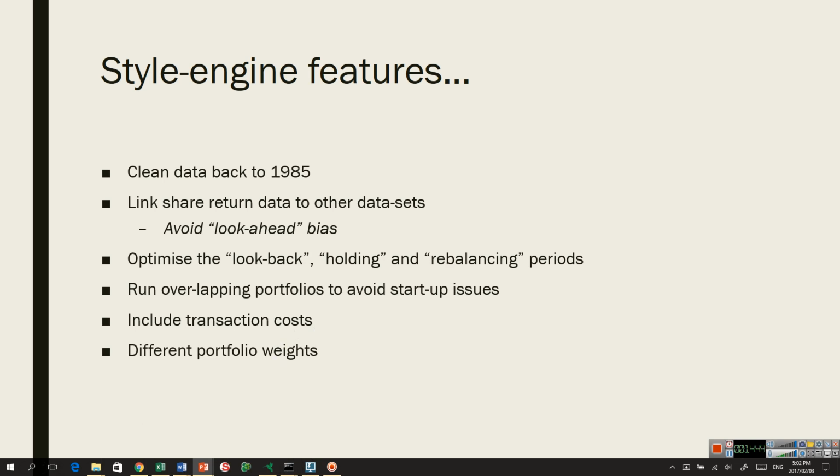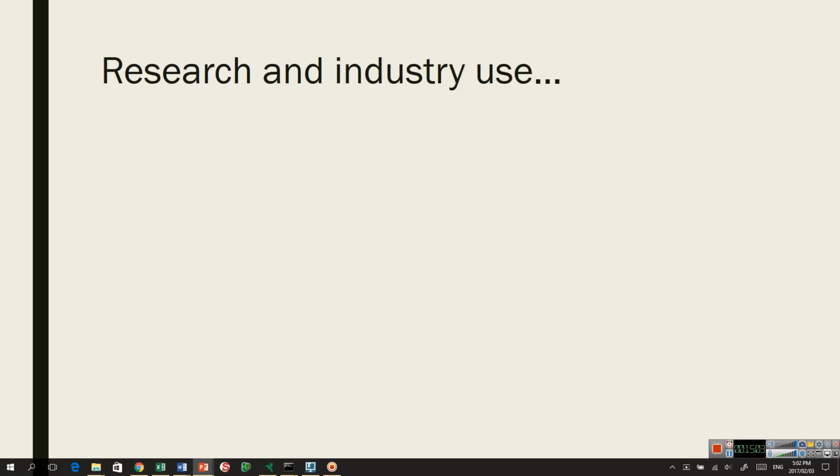In the example I showed you just now, we used equal weights in the portfolios, but we can change these to Swix weights or to market cap weights, whatever is appropriate. We can also vary the sample selection criteria that we use to decide which shares we want to look at. We can look at just the top 60, or we could just look at mining shares, and so on. So those are some of the features that we can look at.